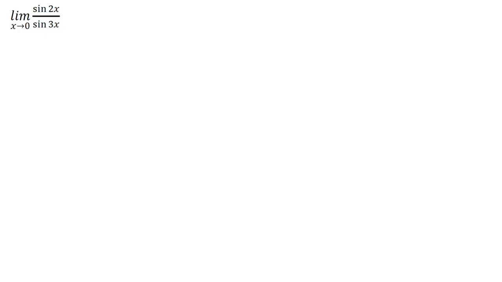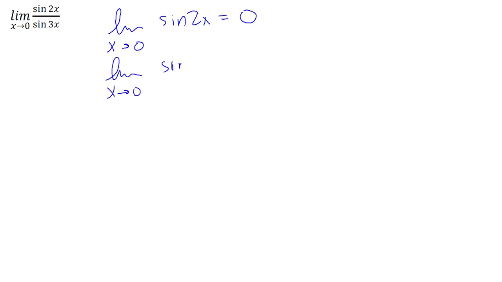For our next one here, we've got sine 2x over sine 3x. I think we know right off the bat that both of those are going to equal 0 when you plug in 0, but we'll write it out because that's what the College Board wants us to do. And now we'll say that we're going to use L'Hopital's rule